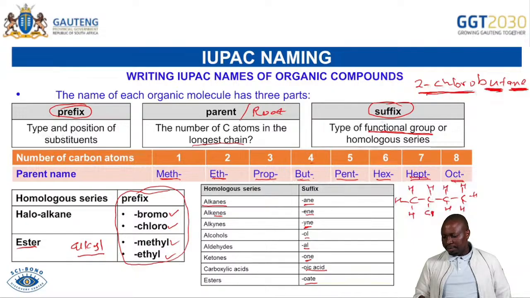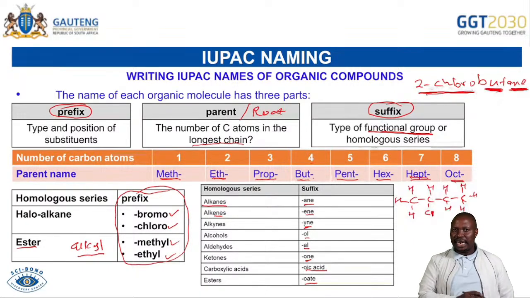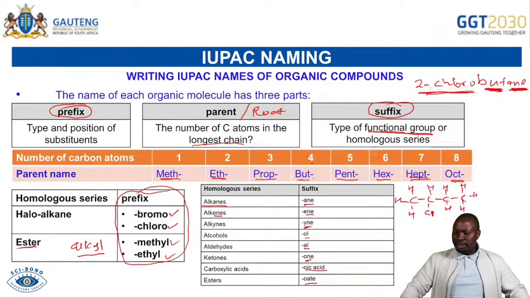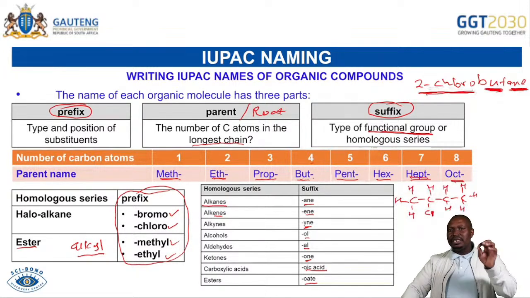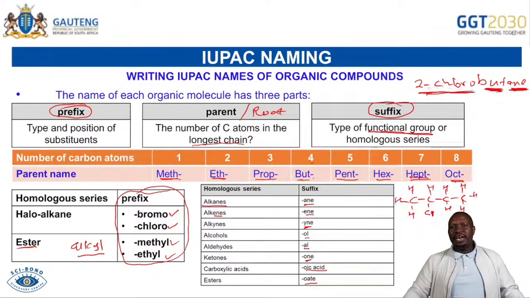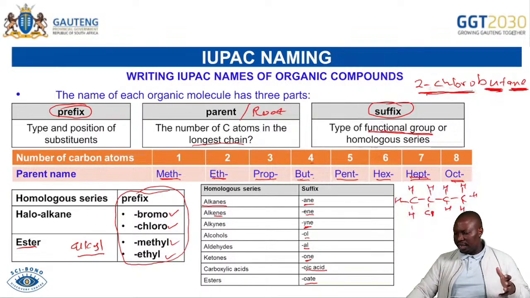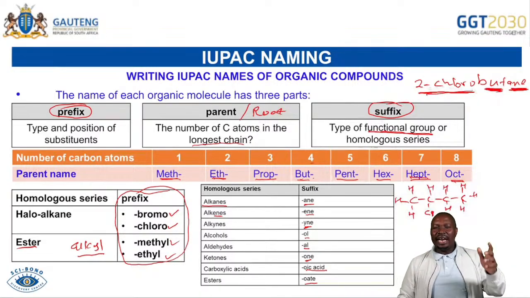Substituent. Substituent always at the beginning. Visitors always at the beginning. When we're using an example, sometimes we limit the number of examples that we give because learners tend to write them. With some of these things, we say them so that you are able to have an understanding.